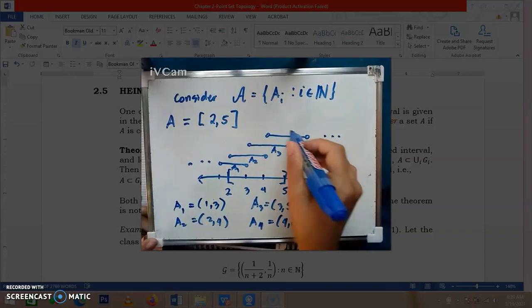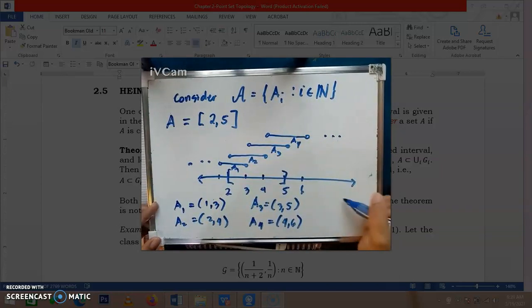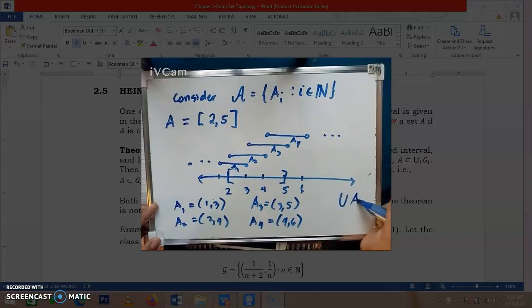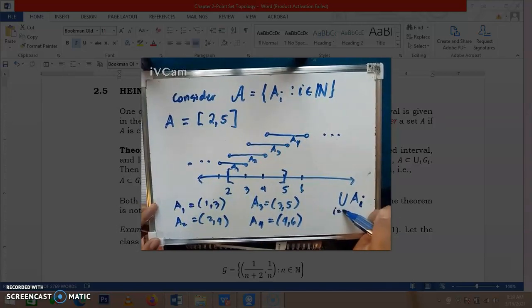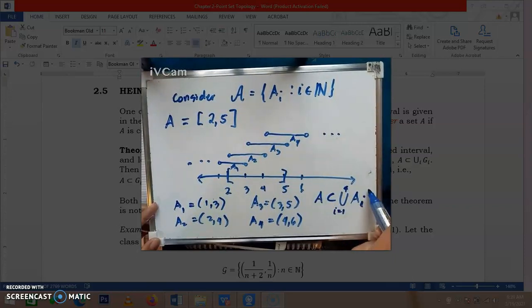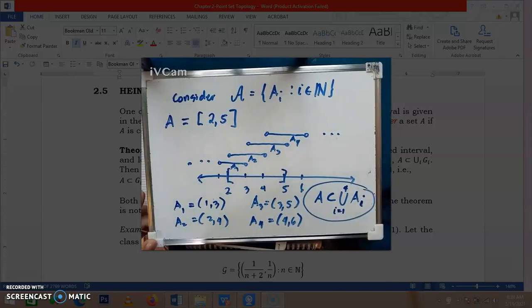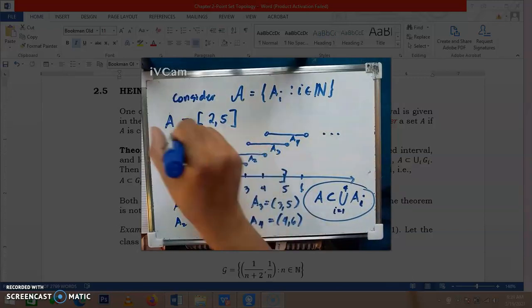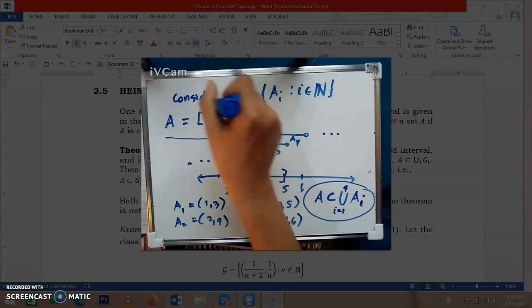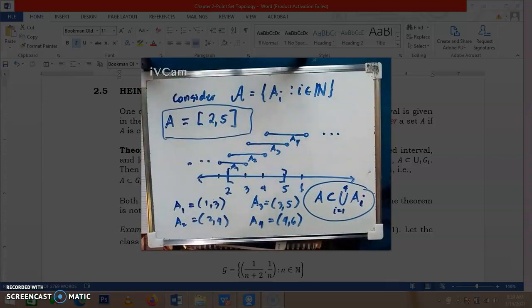So as you can see here, if we are going to get the union of A1, A2, A3, and A4, or let's denote that as the union where i is from 1 to 4, we can say that the set A is contained in the union of the finite subclass. So we have used here the Heine-Borel Theorem, that if the given set is closed and bounded interval,